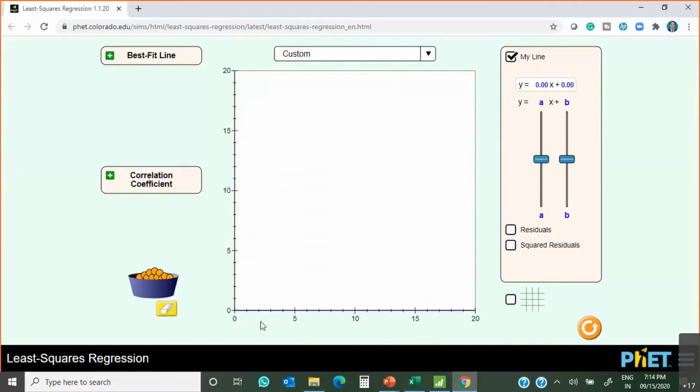So this is x and this is y, and let's take some points which will indicate the relationship between x and y. We can put points anywhere. As you want, you can take any number of points, and we just want to check what is the relationship between these two variables, right? So we can put points anywhere, or we can have some points like these.